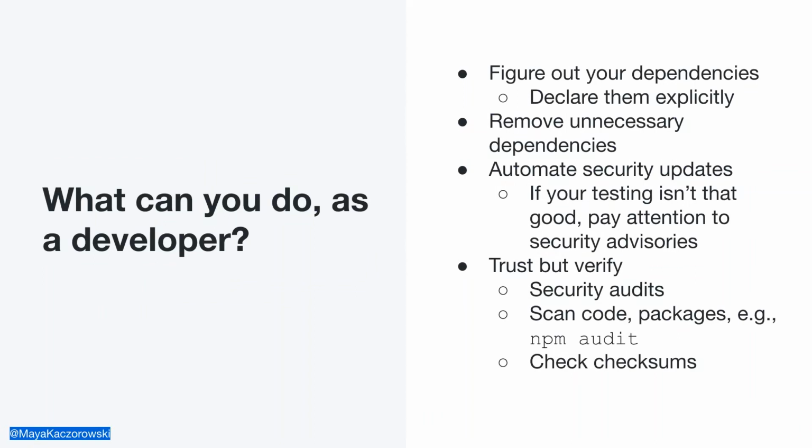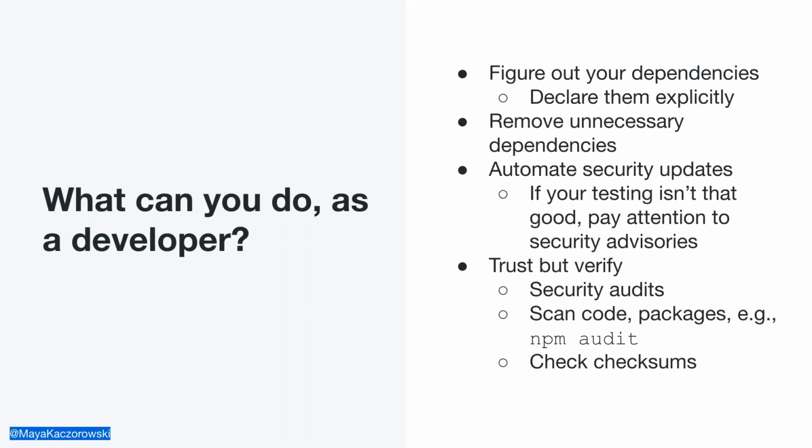This is kind of boring advice, like flossing or washing your hands for 20 seconds, but you should really be doing it. First, figure out what your dependencies are. Now, that can be kind of hard. If you're running on GitHub, there's a feature called Dependency Graph that lets you see these things. If you're a developer of a package, explicitly declare dependencies. Consider using a lock file and keeping it updated.